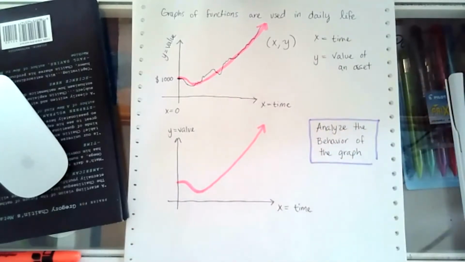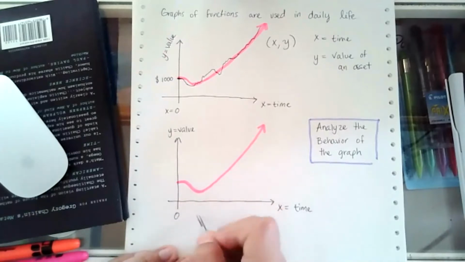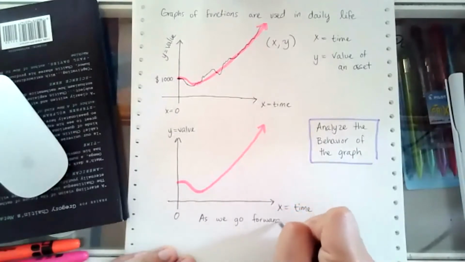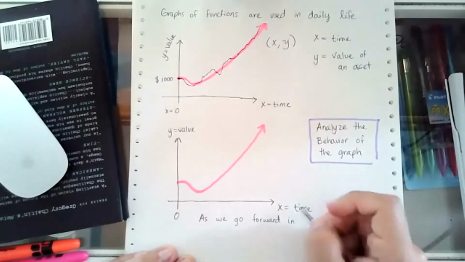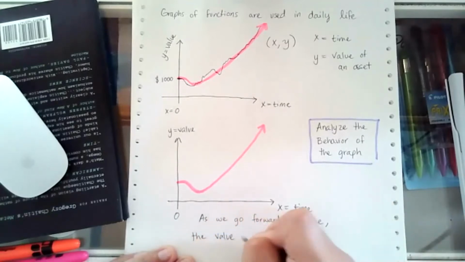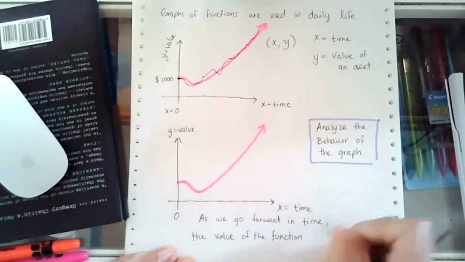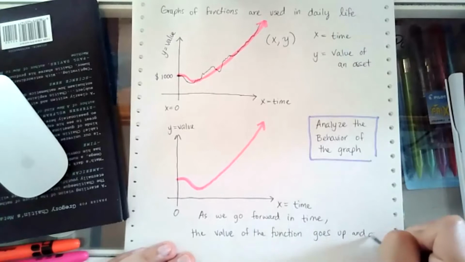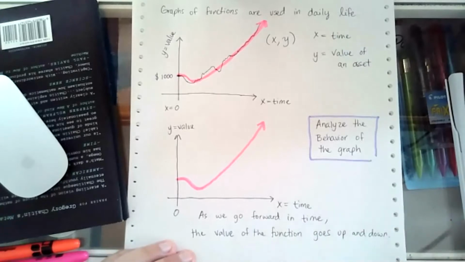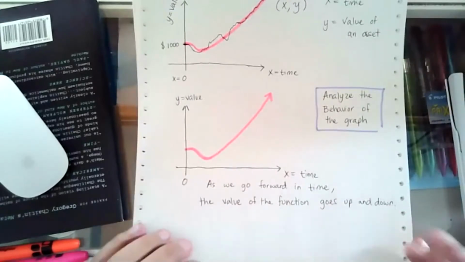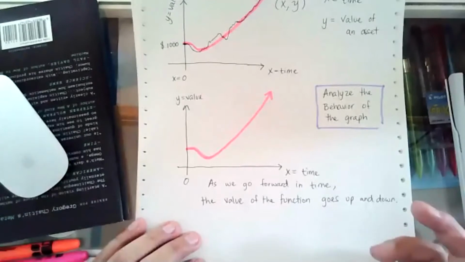I mean that as we go forward in time, or as we go forward along the x-axis, the value of the function goes up and down, right? So in mathematics, we would call these behaviors increasing over a portion of the domain or decreasing over a portion